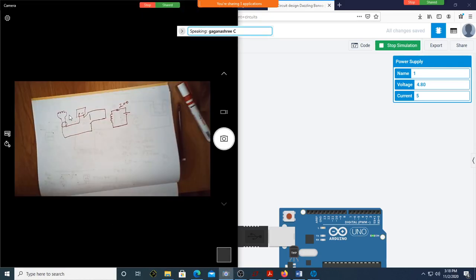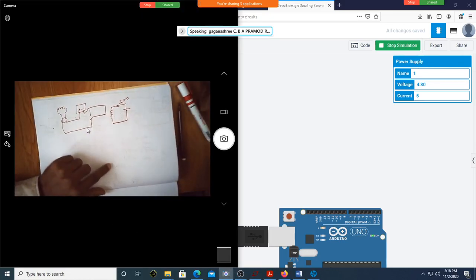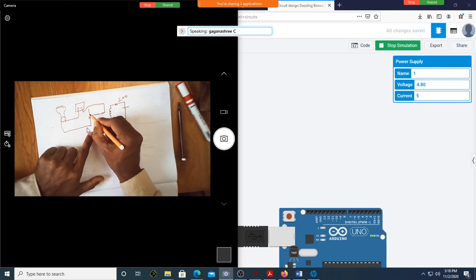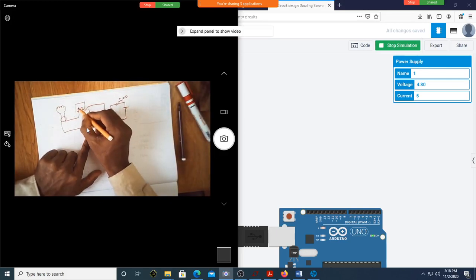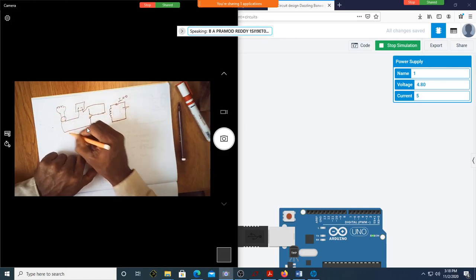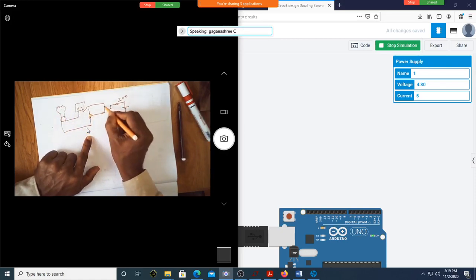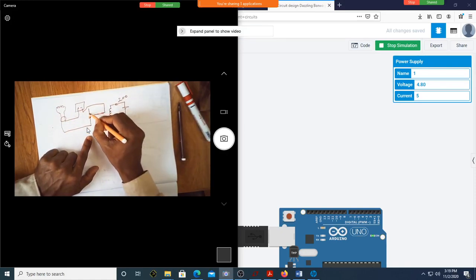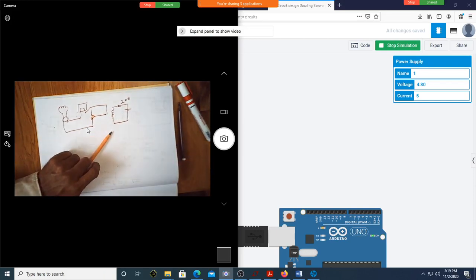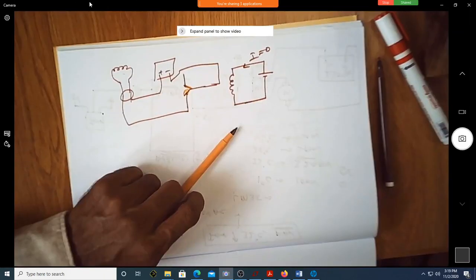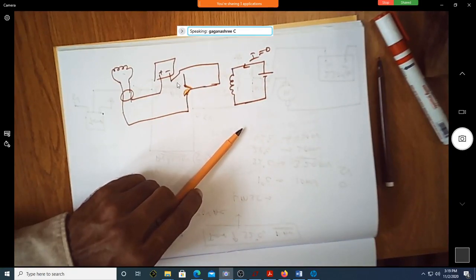That's the point. Why is it off? Because if it is connected here, the plus goes here and ends here. There is no path for the current to go back because it is connected here. Am I correct? If this goes above, this switch is open.